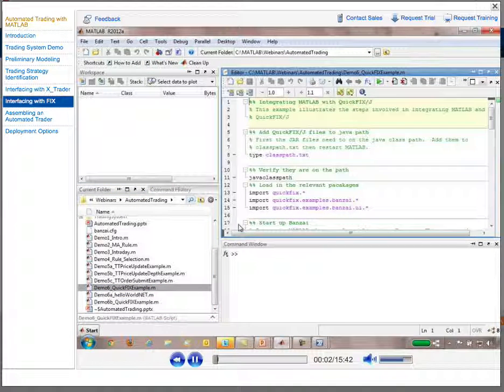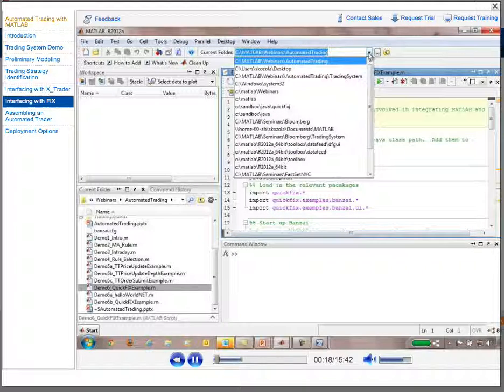And demo 6. One of the nice things about MATLAB is you can work with Java components or even .NET components directly from within the MATLAB command workspace as if they were MATLAB commands. And this next set of files is structured to give you that feel. One thing I do want to show you